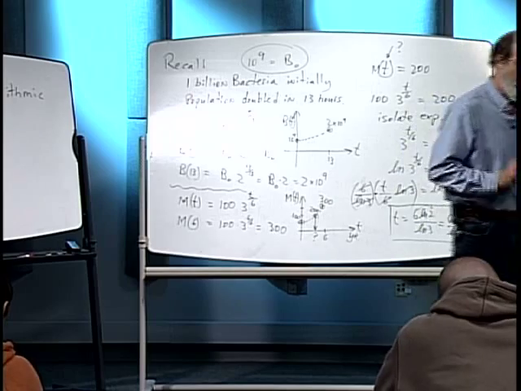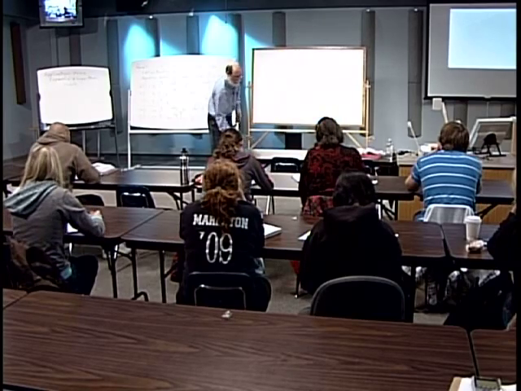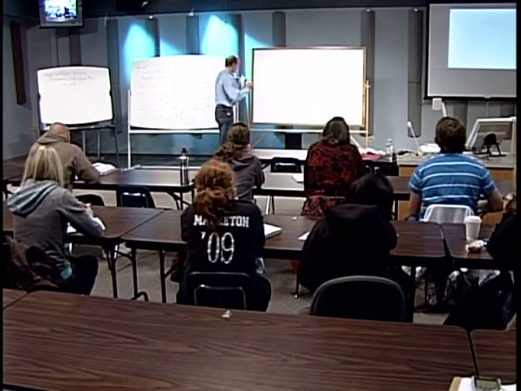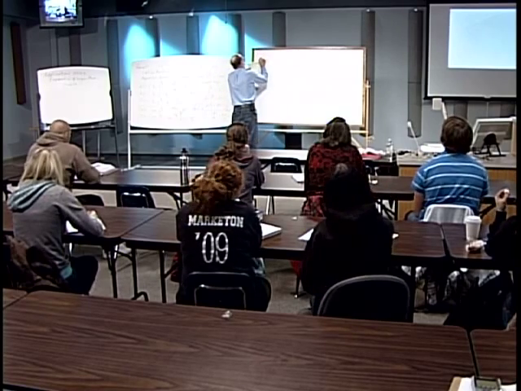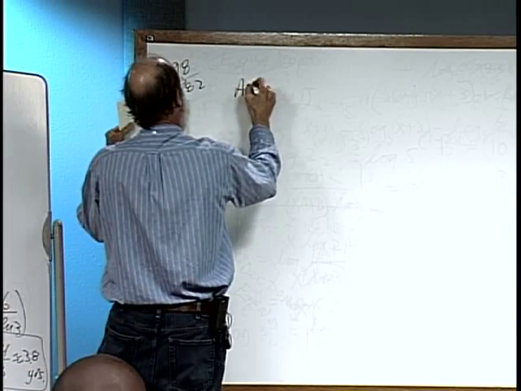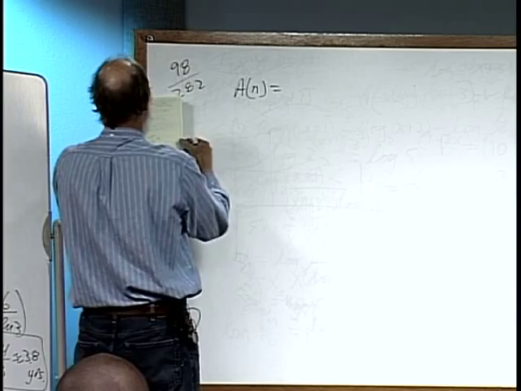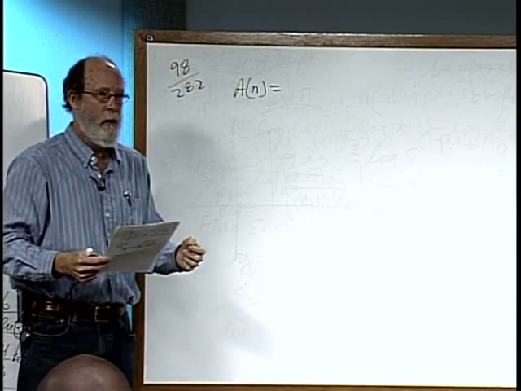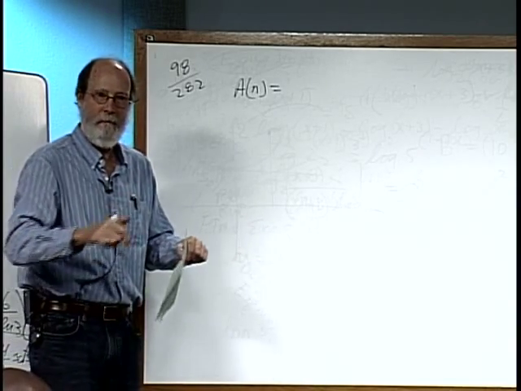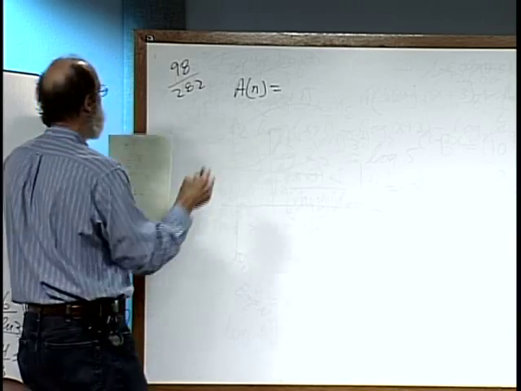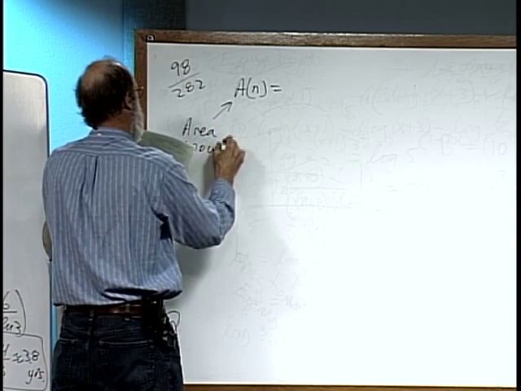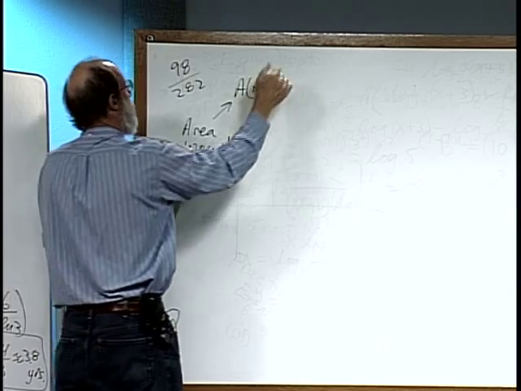There was a pair of problems in a couple different sections of the book, and I'll just verbalize what they are for you if you don't have the book in front of you. On page 282, number 98, is another exponential model, that is the area of a wound. Let's say you fell off your bicycle and got a big old scrape on your elbow, okay? So you have a wound of a certain size. So the area of the wound, as a function of days,